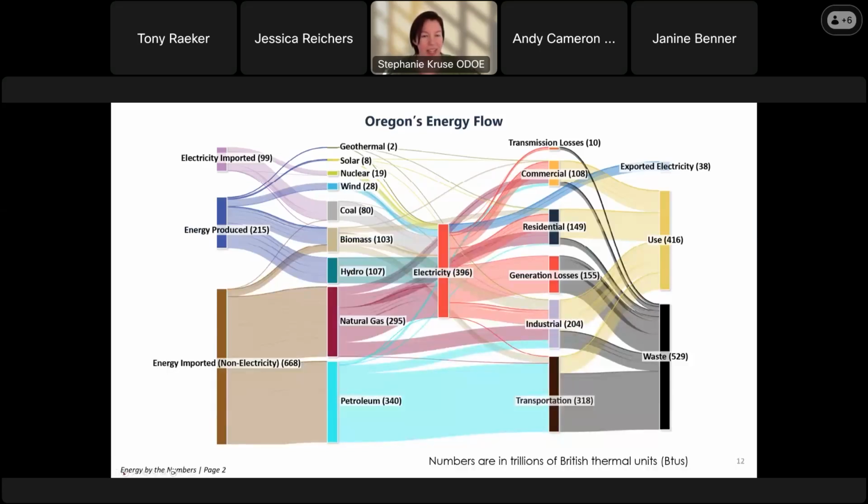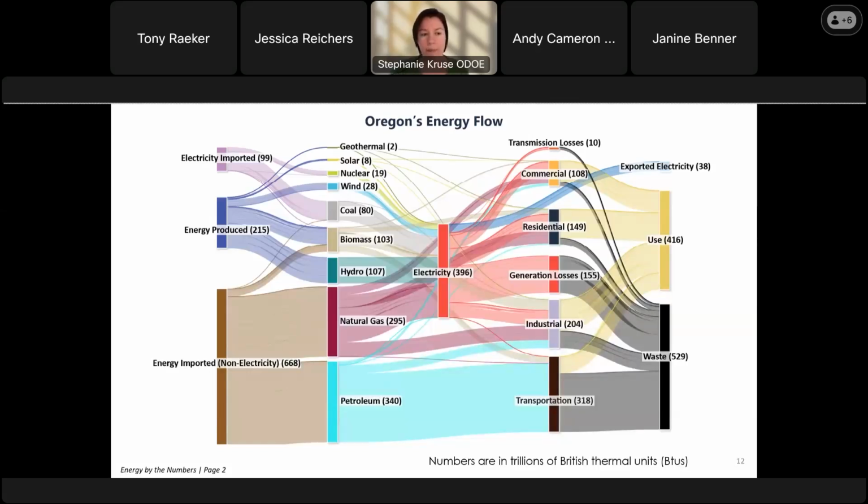This chart is referred to as a Sankey diagram, and it represents the flow of energy in Oregon. Moving from left to right, it includes energy produced in the state, energy imported into the state, and energy converted for electricity generation in state, on through to sector energy use and energy exports. It's based on the calendar year 2022, and the units are trillion British thermal units, which is a common energy